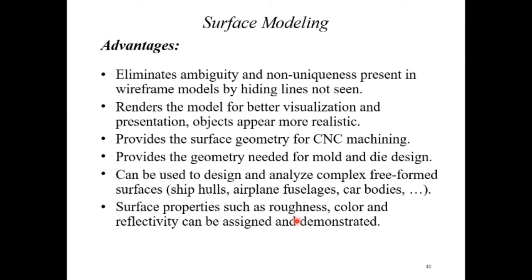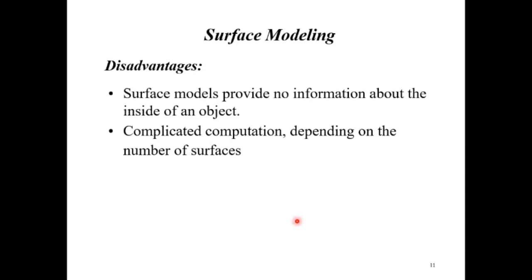Like in the first slide of an animation of V8 engine, you can see that the color and then the animatory effects and the reflectory, which means the shining effect of an engine components, that also can be demonstrated with the surface modeling. And what are all the disadvantages of surface modeling? Surface models provide no information about the inside of an object, which means it does not provide how the core of a solid object. So core means the internal point. So internal points are